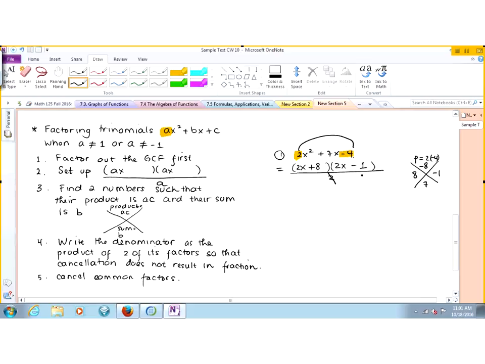So 2, I'm going to split up my 2. Which one gets the 2 and which one gets the 1? The 2x plus 8 will get the 2. 2x minus 1 will get the 1. What is 2x plus 8 divided by 2? Yes. What is 2x minus 1 divided by 1? Yes. Finish. And if you multiply these, this is what you're going to get. 2x squared plus 7x minus